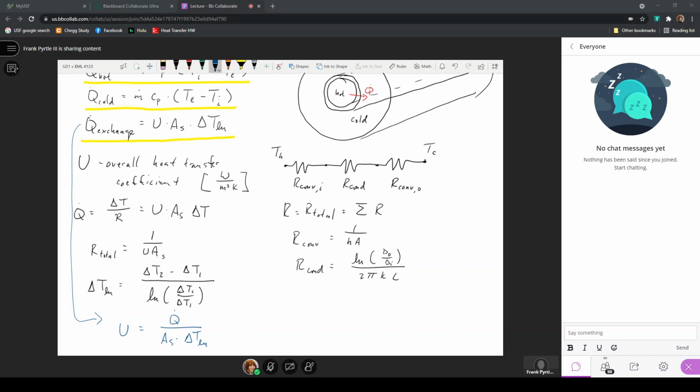From the geometry of the heat exchanger, calculate this surface area, and this heat transfer rate can just be calculated as taking the temperature difference for one of the fluids with its mass flow rate and specific heat, and determining how much heat entered the cold fluid or how much heat left the hot fluid, because that is exactly the amount of heat that was exchanged. And I can calculate the overall heat transfer coefficient for that heat exchanger under those particular flow conditions with those two fluids. So that's how that range of expressions in table